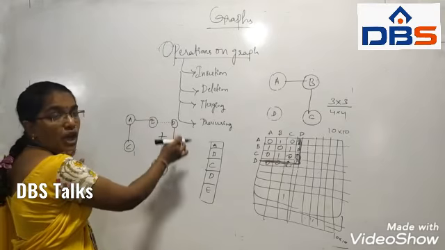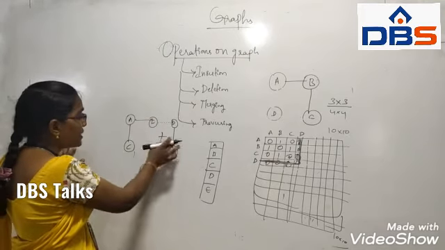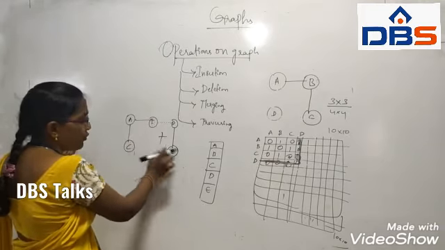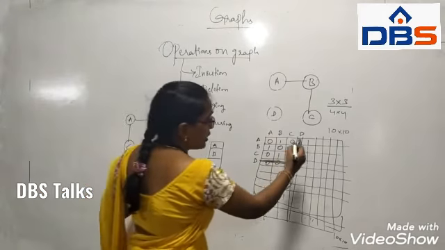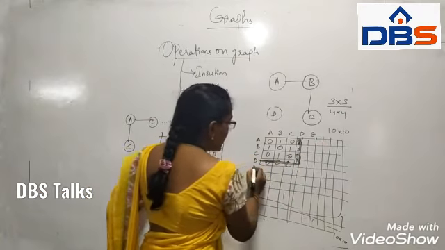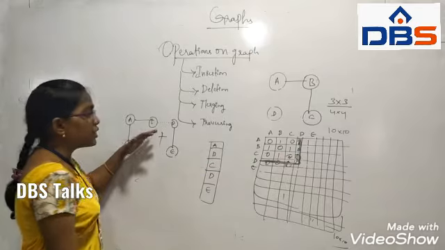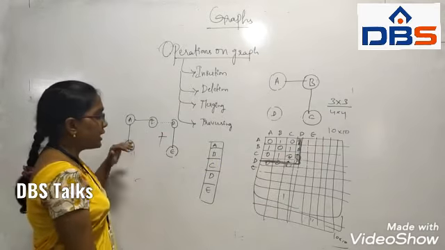How many vertices are there totally if you are going to merge these two graphs? First of all, we have to count how many vertices are there. Here 1, 2, 3, 4, 5 vertices are there. So we have to take 5 memory locations here: A, B, C, D and E, A, B, C, D and E. Next we are going to represent the links.